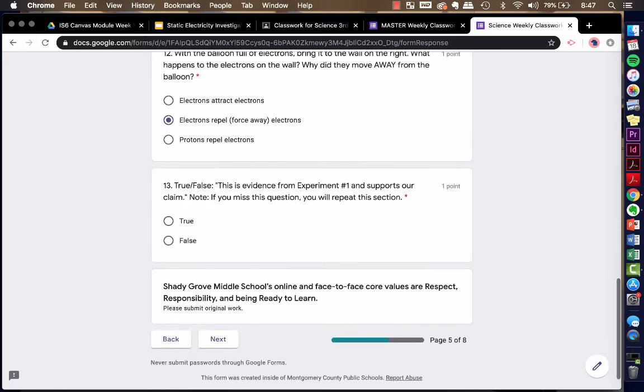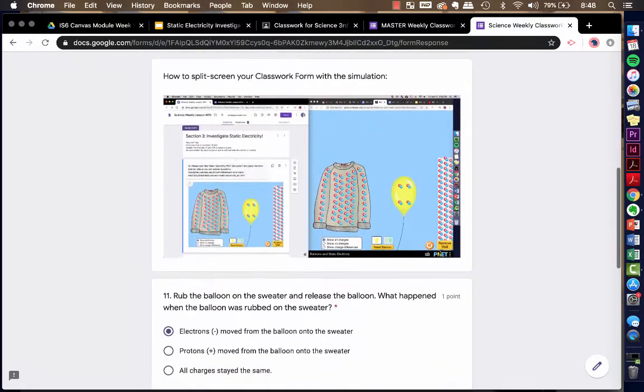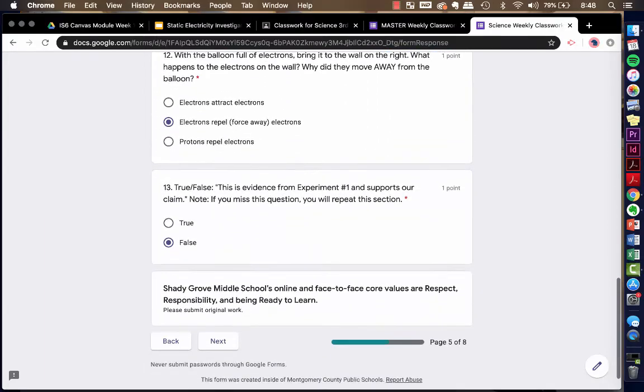So this is a great tip for differentiating, either for language or for just repetition. So in this example, they need to repeat a question, and if they get it wrong, they will need to repeat the same section, not the entire form, just the section. That's done in multiple choice